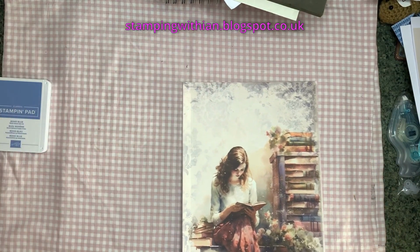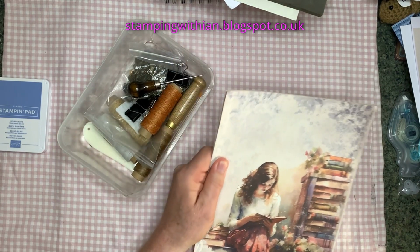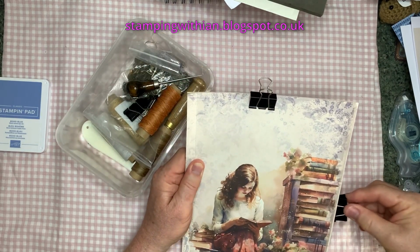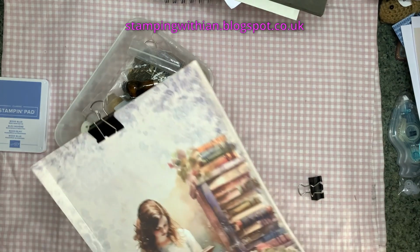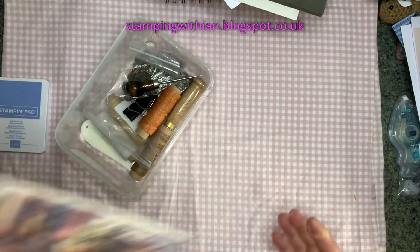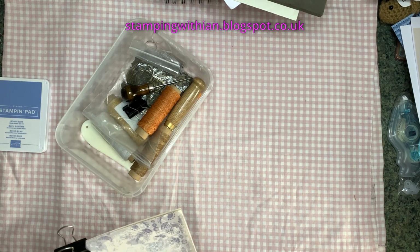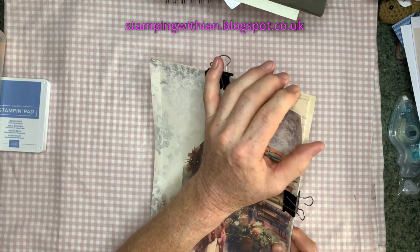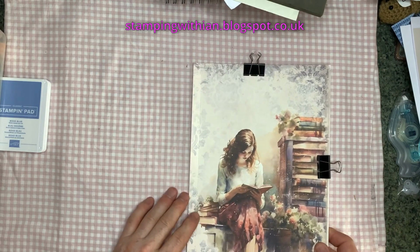I've got my book binding box, and I'm just going to use these clips here to fasten it together so everything stays where it should be. Make sure that's, yeah, right. What we're going to do now,